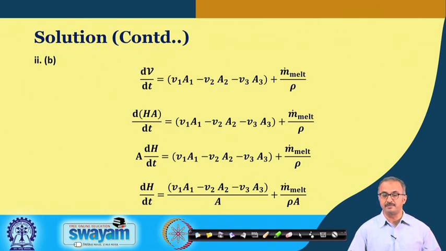Whenever you are writing these balances, you should see that for some asymptotic cases, you are getting the same result as without the particular extra term. Okay, so here we find that if we take this to be 0, we are getting the same term as earlier. So, this balance seems to be all right.